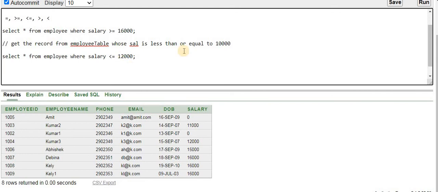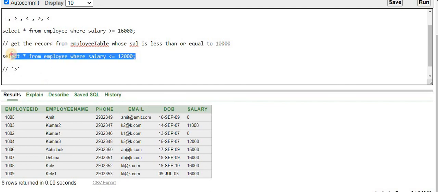I am going to use the greater than operator in my script, and I want to fetch the records accordingly. I want to get the employees whose salary is greater than 16,000. Here 16,000 is available, but is there any record whose salary is greater than 16,000? No records. So in this situation we will get no rows found.